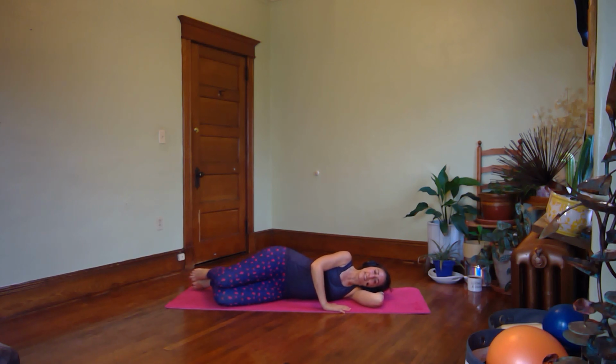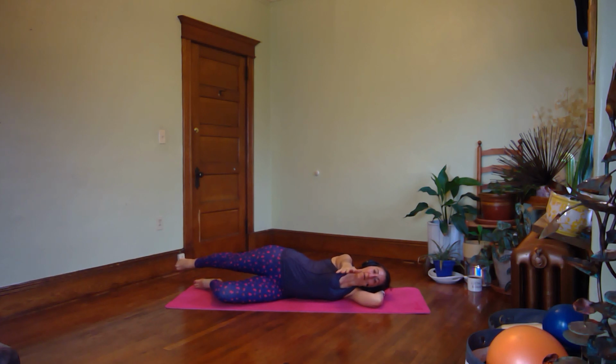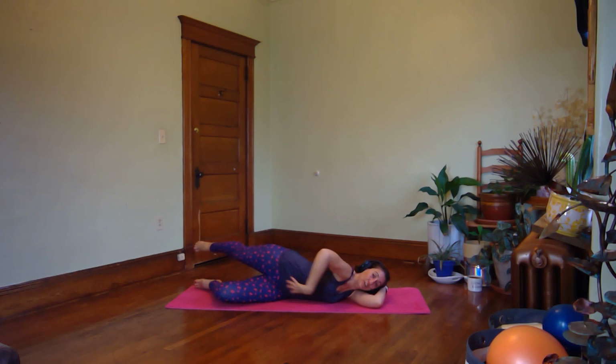Let's do a little less than a tabletop right now, so more of a clamshell angle, please. Bottom arm at rest under your head. Let's kick and twist at the same time just so we get more parts moving. I'm going to have you start out reaching your arm forward at chest height, straight top leg, and you're going to reach forward with your top arm, so you twist towards the floor while you kick your top leg back